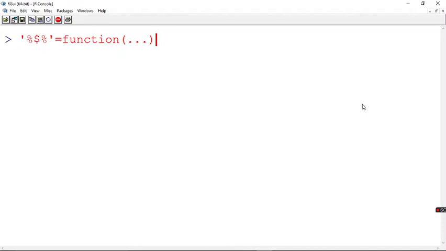So I am not going to specify how many arguments are going to be given as input. Suppose I want to create a vector, so I say c of, and I give this argument ellipsis here. Whatever argument you give will be substituted for that particular function.